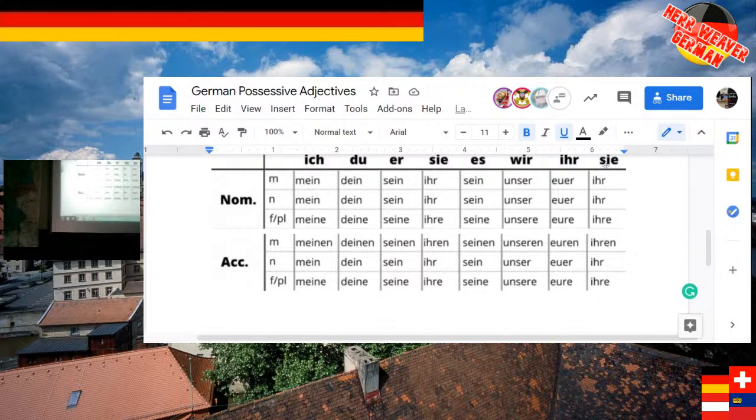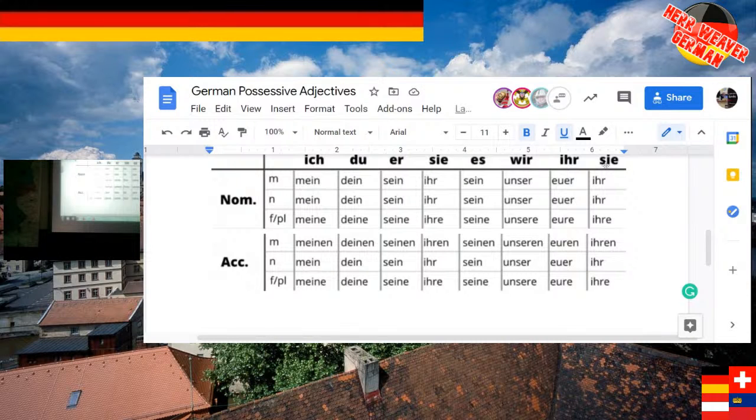So with all that on the board there, and you can see it on your screen as well, again, just kind of add, maybe over here somewhere where we're going to add it, a capital Sie in your mind, and make the ihr, or ihre, or ihren, whatever form it is, according to gender and the case, with a capital I for the formal you.